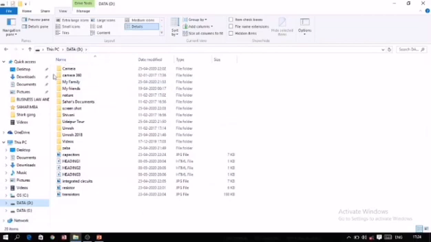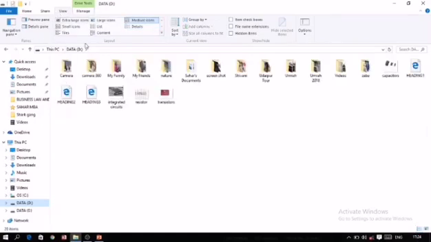So first click on the folder or the drive, then in Windows 10 Pro you have to click on the View menu. After clicking on the View menu, there are different layout options given. Right now I have clicked on the medium icons option. So here the folders and the files are displaying in medium size. The names of the folders are coming here, and these are the file names.